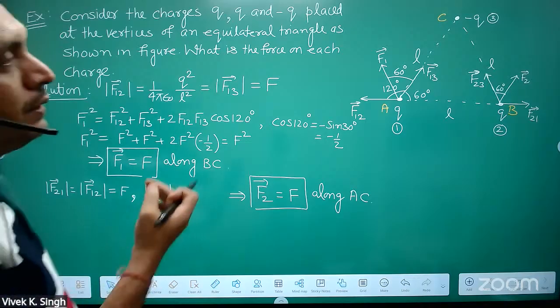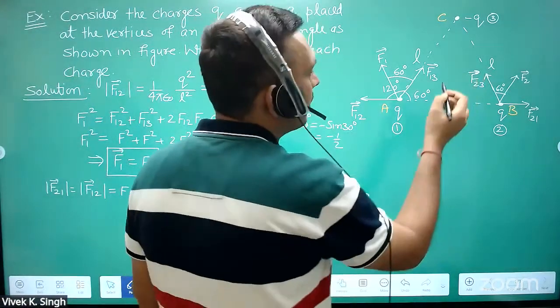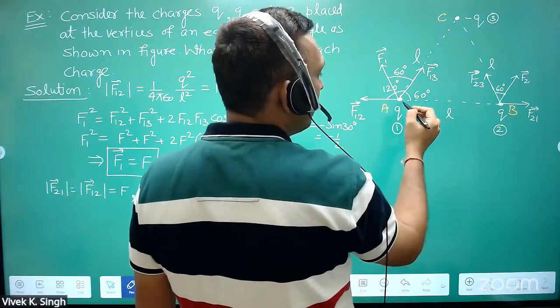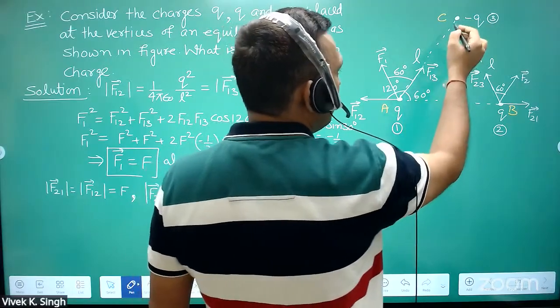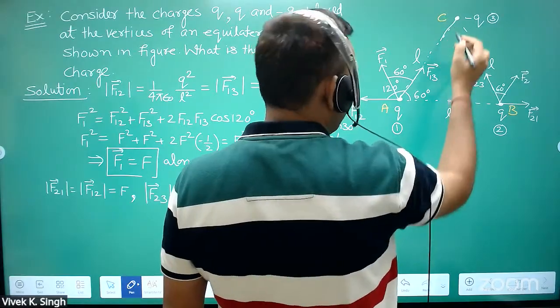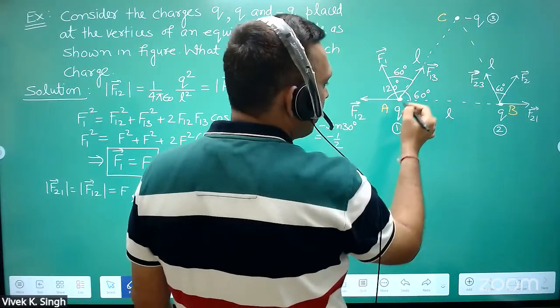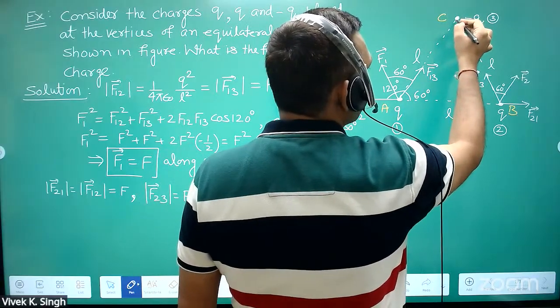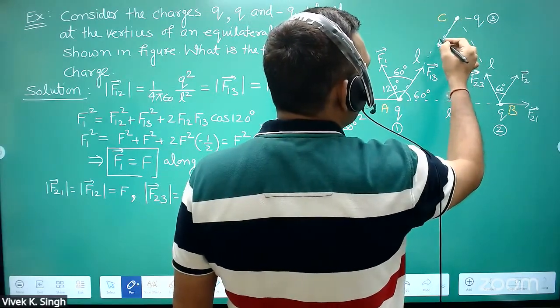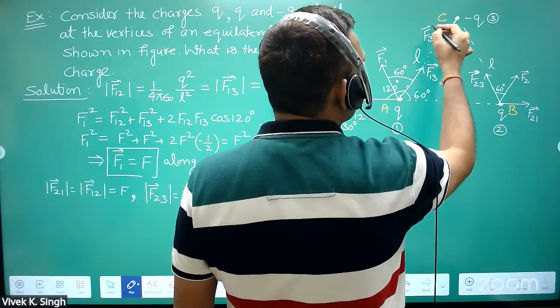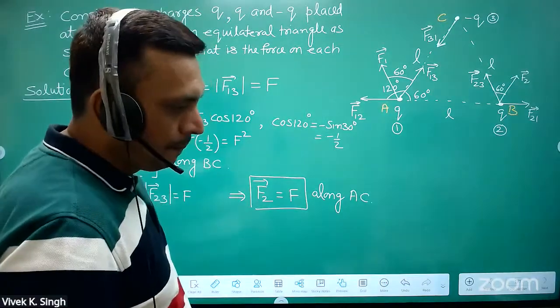ठीक है, तो अब देखो, ये -Q और +Q, ये फोर्स की डायरेक्शन क्या होगी, because this is -Q, so it will be attracted towards +Q, ये +Q की तरफ अट्रैक्ट करेगा, तो इसको हम लिख सकते हैं F31, ठीक है।